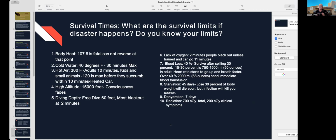So the heart rate will start to go up and you'll breathe faster. Over 20%, or 2 liters of blood loss, and they need an immediate blood transfusion. As far as eating, starvation, 45 days, you're going to lose 30% of your body weight. Usually you'll die soon at that point, but infection will probably kill you sooner than that because your immune system